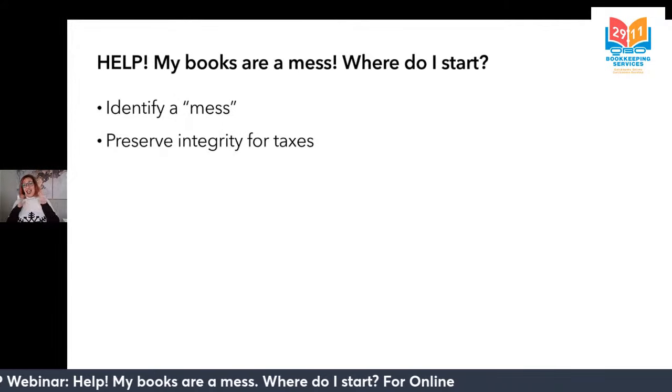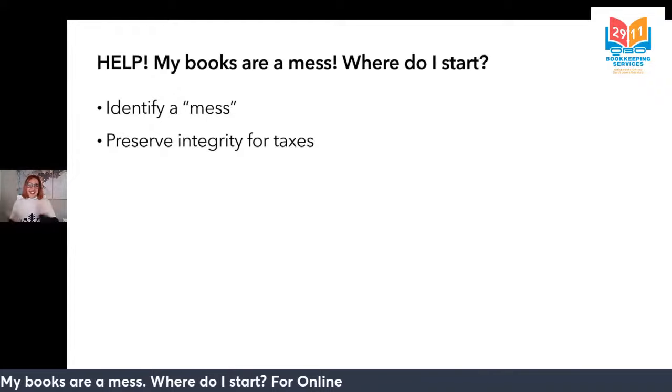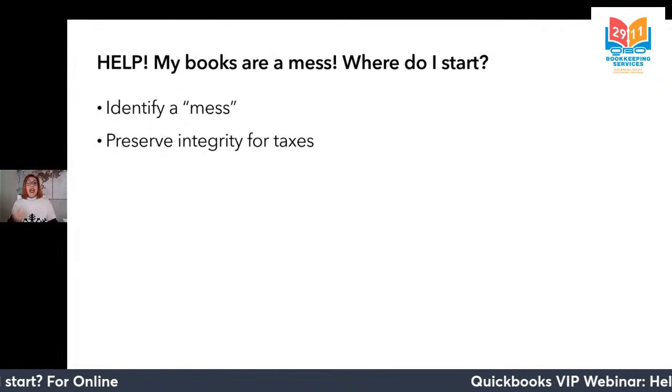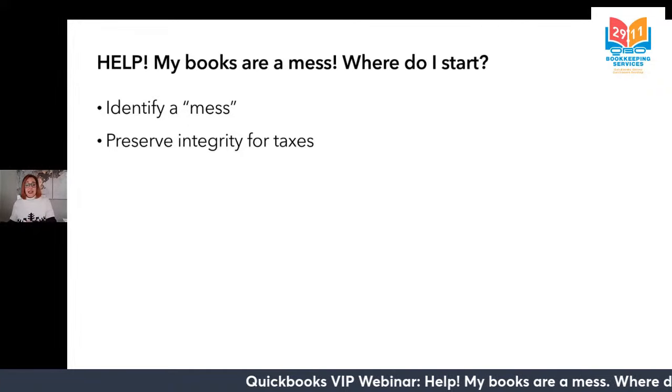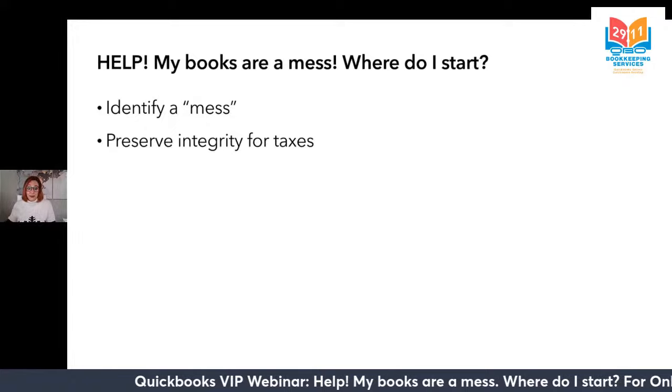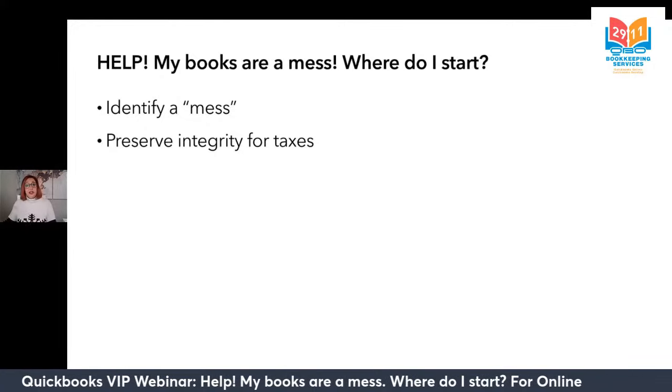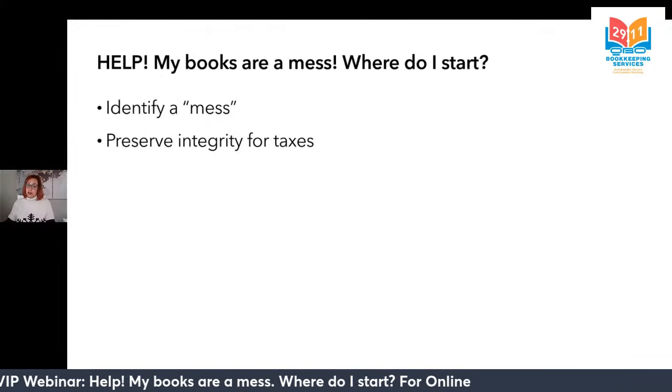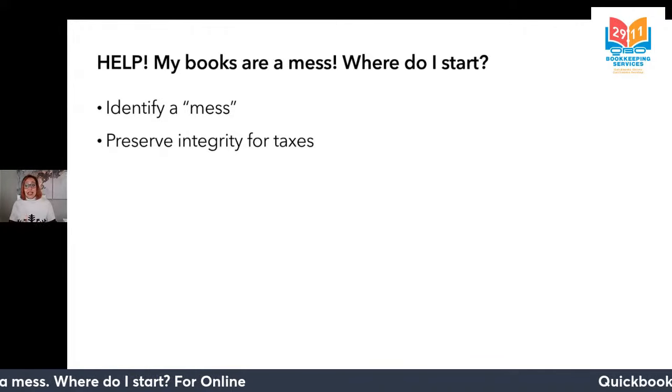Now, I am not a tax accountant, like I just said, and many times if you come into the Q&As, we may have to advise you to speak with your accountant about certain things, and this is true. Some things only your accountant will be able to answer for you, especially when it comes to which accounts you need and do not need for tax purposes.